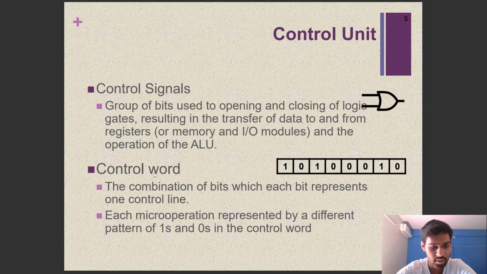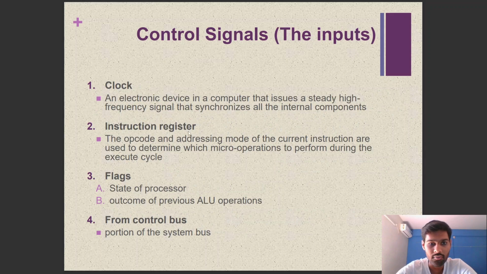The control word is a combination of bits in which each bit represents one control line. Each micro operation is represented by a different pattern of ones and zeros in the control word. We have control signals. We have inputs in